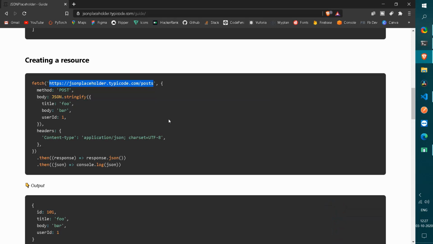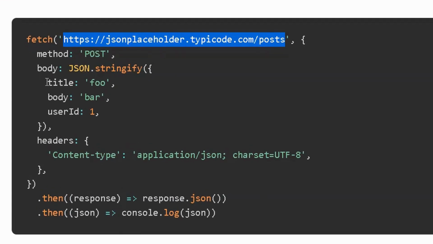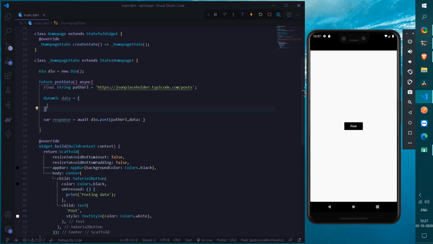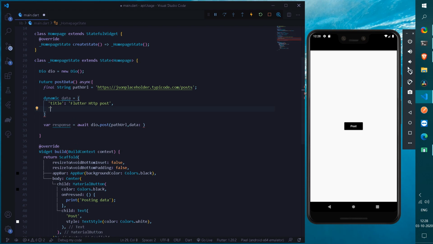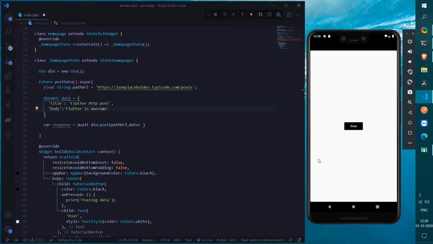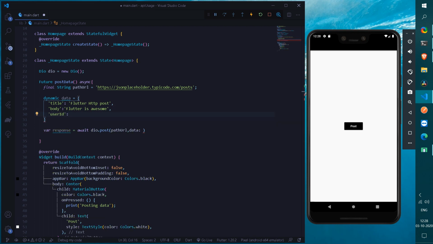So if you check into their official website, these are the following things that it will be requiring, all the data that the following post method shall be requiring. So here we can simply check a title, body and user ID for posting a request. So under this map I can write here a title, and this shall be equal to a name, let's say Flutter HTTP post. And after this, if we check their official documentation, it will also require a body as well as a user ID. Now the user ID is going to be an integer.